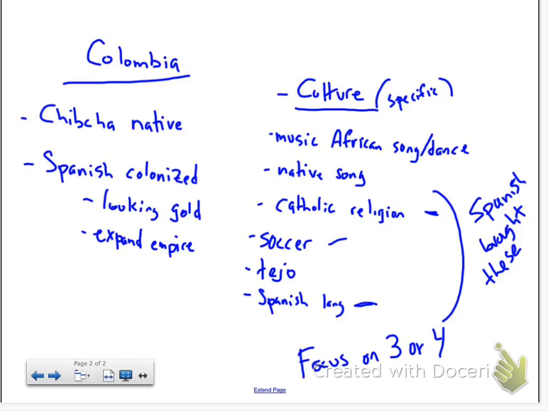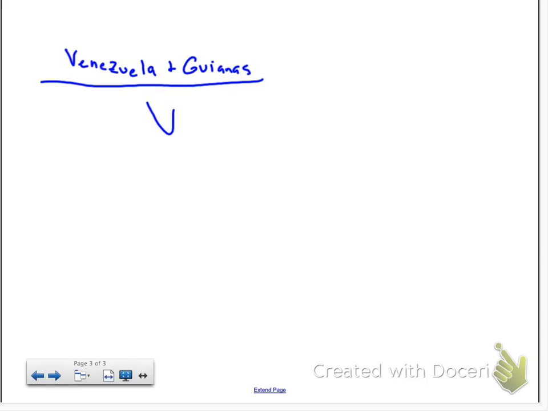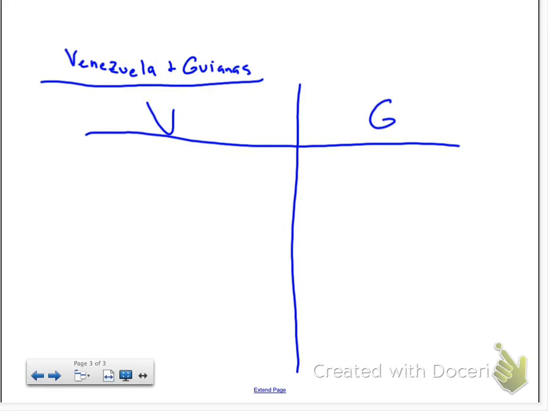All right, flip it over to 90. All right, Venezuela and the Guianas. And what I'm going to have you do here is kind of a compare and contrast. So I'm just going to make a chart. You can do it however you want. Okay? So let's see. Okay, let's start with